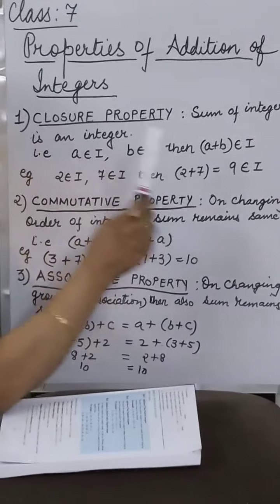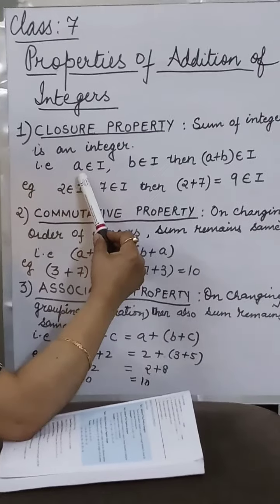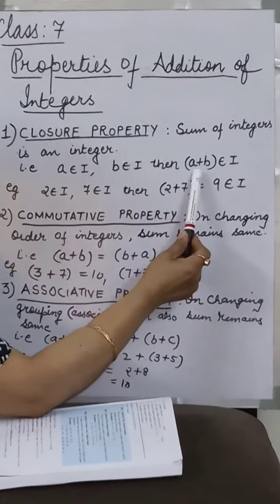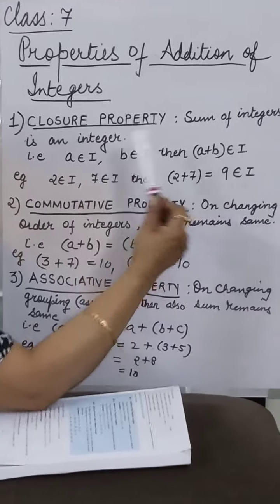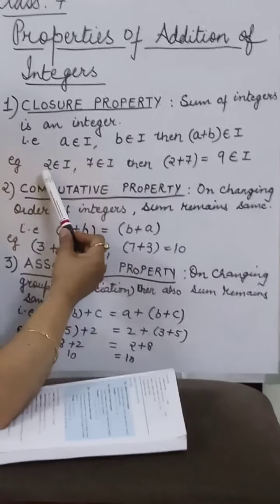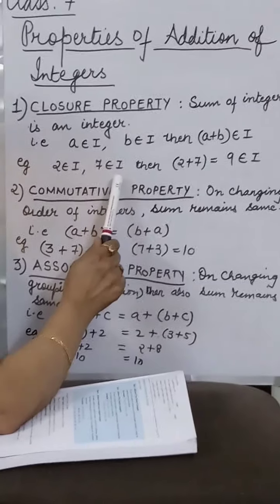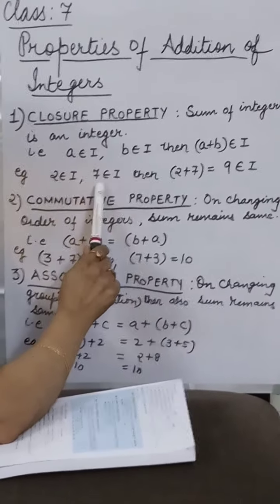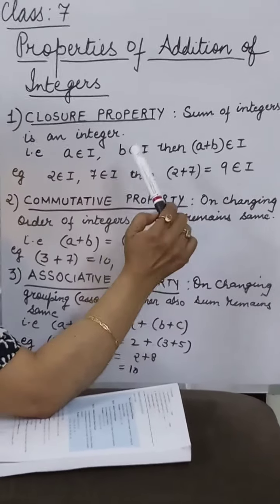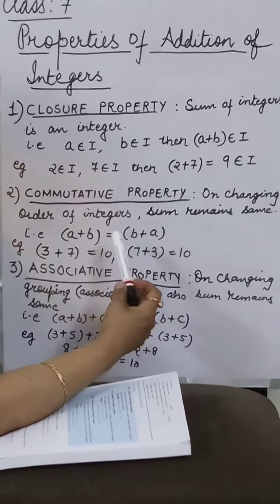What does it mean? It means the sum of integers is an integer only. A is the first integer, B is the second integer. If we add A and B, the sum A plus B is also an integer. This sign stands for belongs to. I take an example of this. 2 is an integer. 7 also belongs to the integers. If we add 2 and 7, the sum will become 9. That is also an integer. So we came to know that the sum of integers is always an integer, and this property is known as